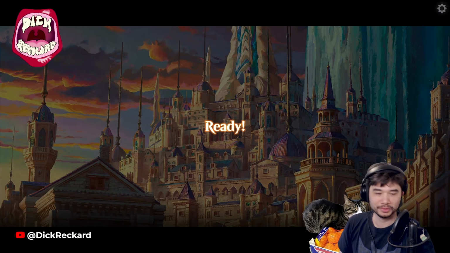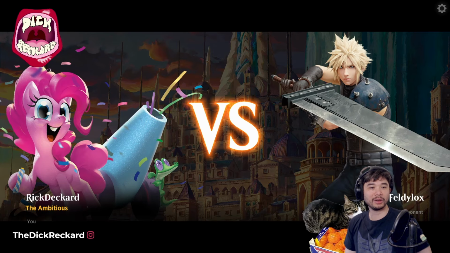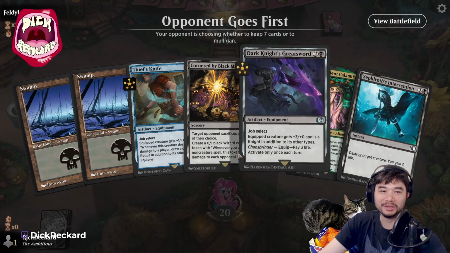Alrighty, folks. Here's our next opponent. We're 4-1. We lost our only loss. Okay? No more of that. No more stumbling. Let's get a good...